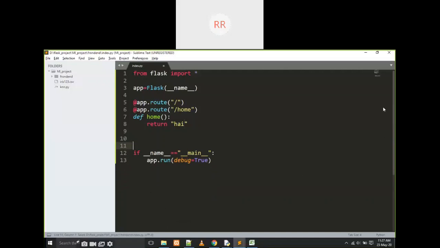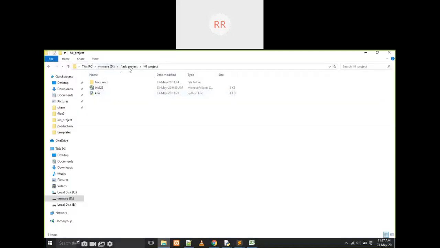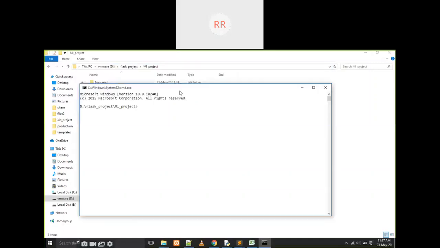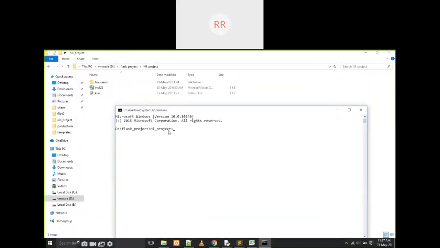Okay, what happens? First of all, I am going to execute this page. How to execute this page? Where this folder is, this folder is here in D drive, flask project, ML project. Just click on that and type cmd and enter. Then one command prompt will open with this folder, right? Now we have to execute python space my file name, index.py.